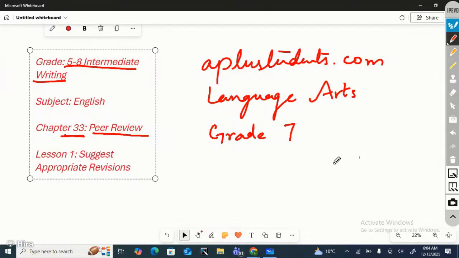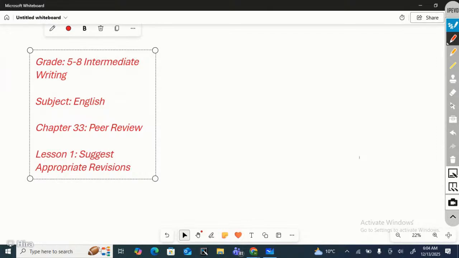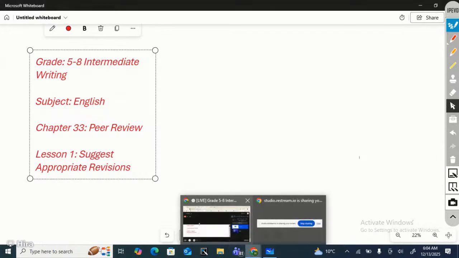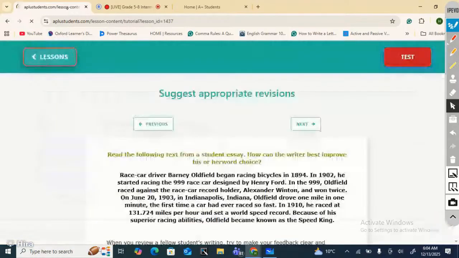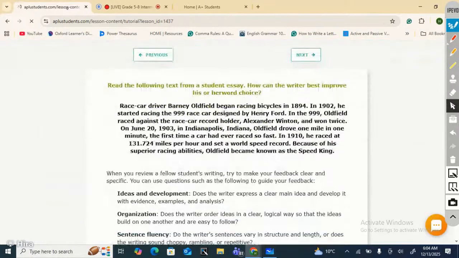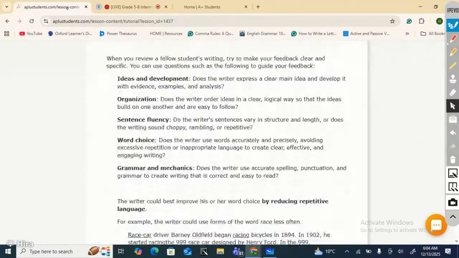There is just one lesson. So, let's begin. Peer review. Lesson 1, suggest appropriate revisions. Peer review means when you review a fellow student's writing, try to make your feedback clear